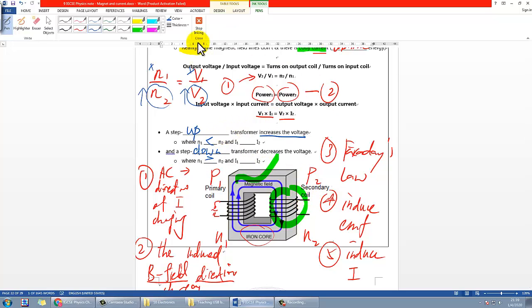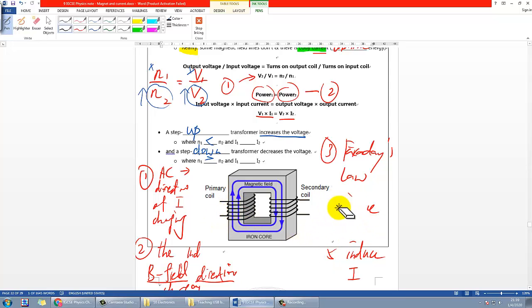Okay, so for example, if you still don't get it, let me erase this. You can imagine that on the primary coil, that side, you have, say, 5 turns, N1 equal to 5, while for the secondary coil you have N2 equal to 100 turns. Then you can see the ratio is 20.